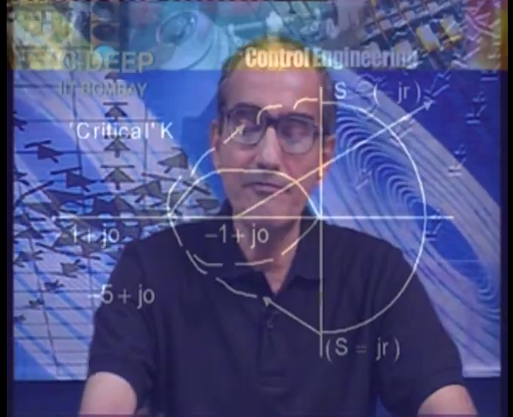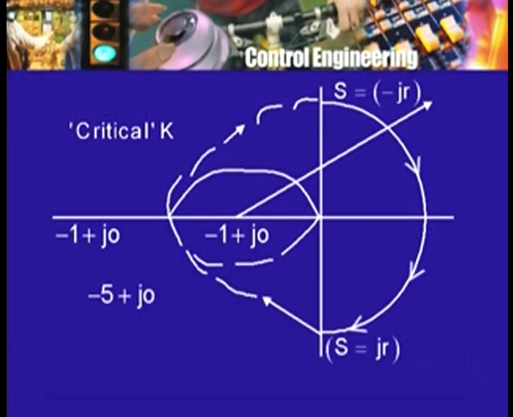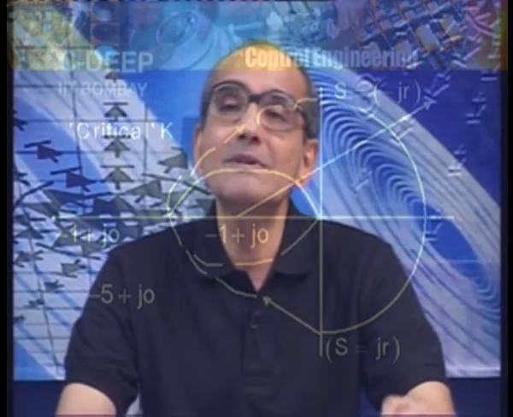Just apply input signal, vary the frequency over a large enough range, note the gain and phase shift, and then you are ready to do the polar plot. Once you have the polar plot, then you can complete it symmetrically as I have done here, and then with some knowledge of what kind of a pole at the origin we have, we can complete the semicircle and therefore get the entire image contour, apply the Nyquist criterion, and we are through. If you want to draw the root locus, we need to know the transfer function. I need to know the locations of the poles and zeros as precisely as possible, then only I can start